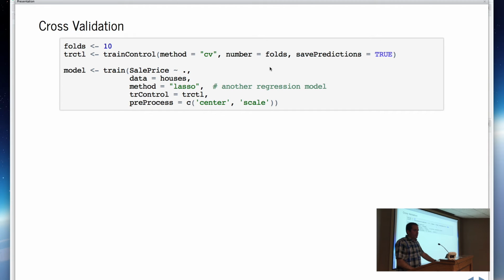In this case, I've picked another regression model just to show how easy it is to swap out. You'll see method equals lasso there for lasso regression. And at the bottom, I'm doing some pre-processing. We'll touch on that in a minute.